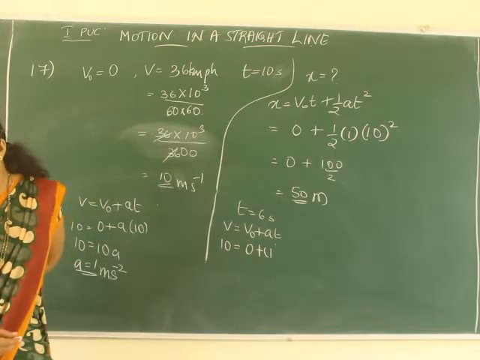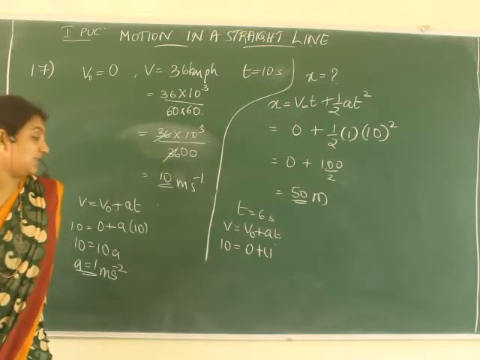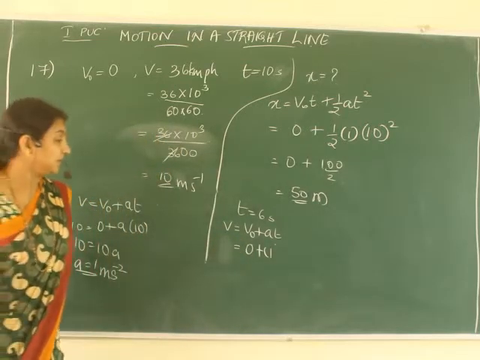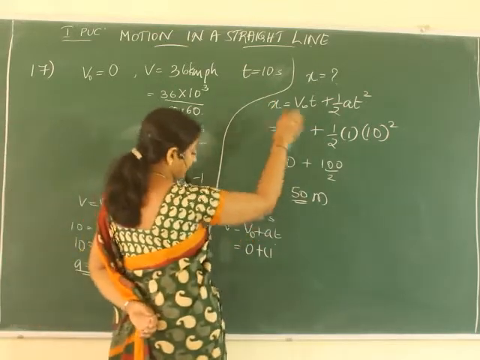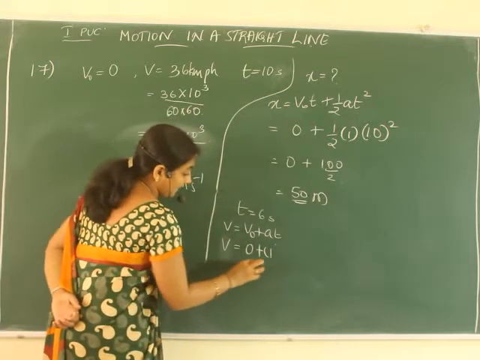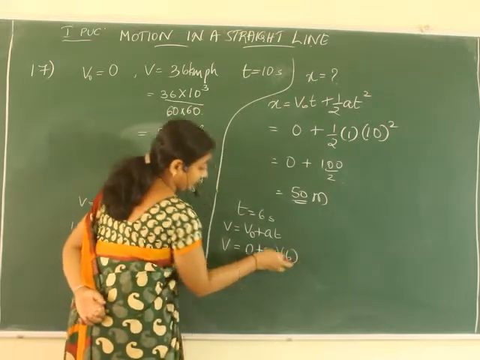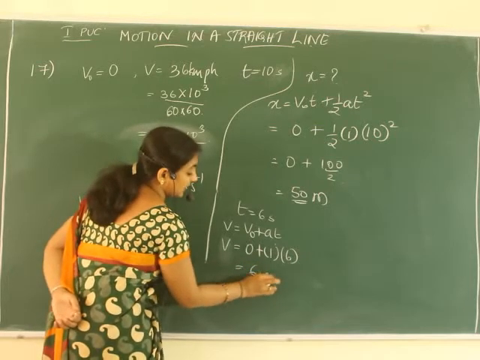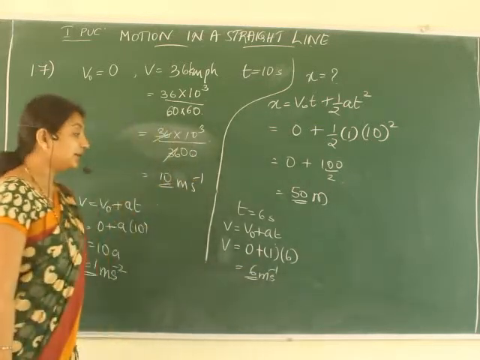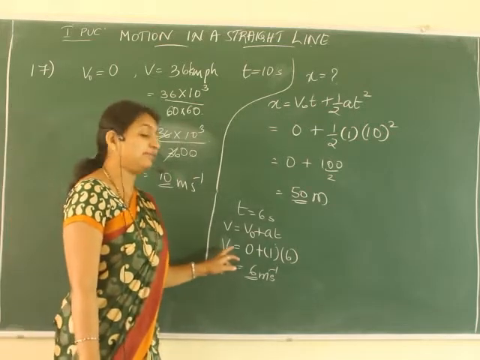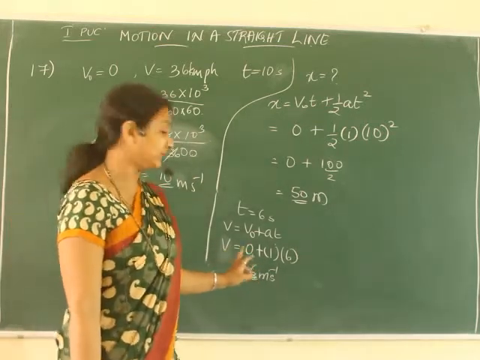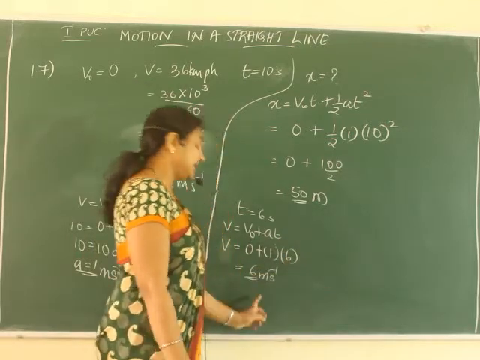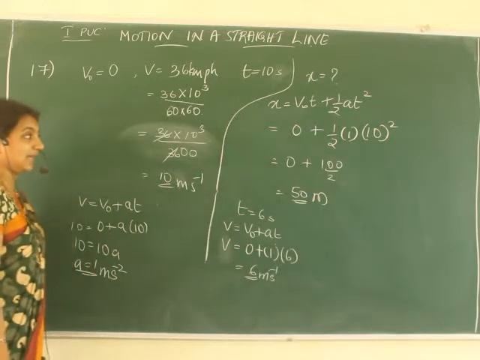What is the velocity? So we only have to calculate, correct? At the end of 10 second. Sorry, 6th second. This is for 10th second. Correct? So therefore 6 meter per second. Am I right? Why have I taken v itself here? Because we have to calculate velocity itself at the end of 6th second, so t is equal to 6. That is equal to 6 meter per second.